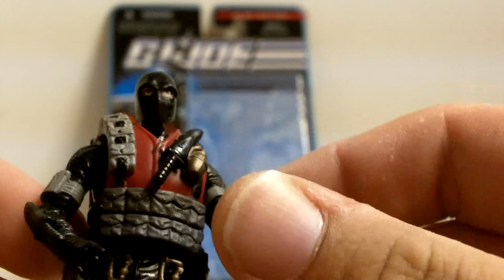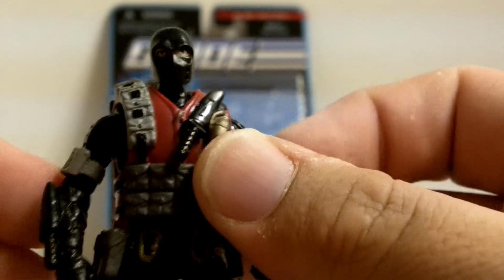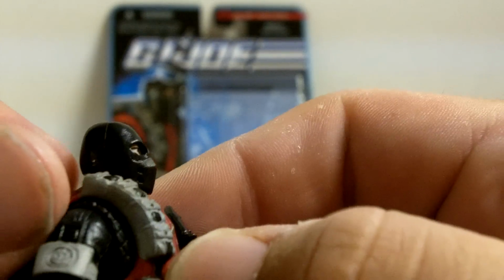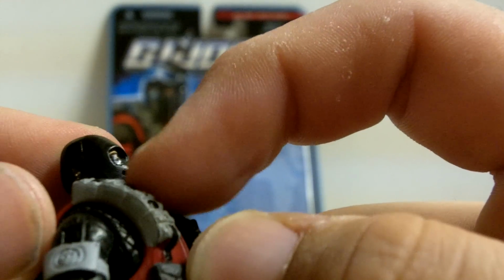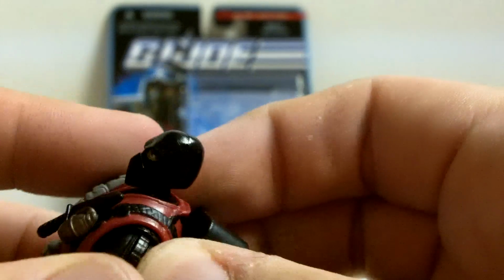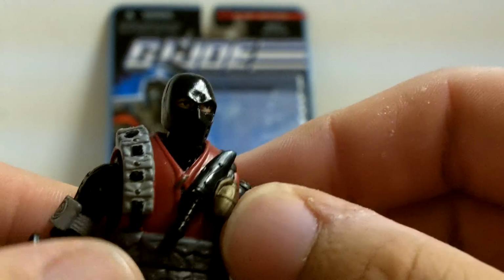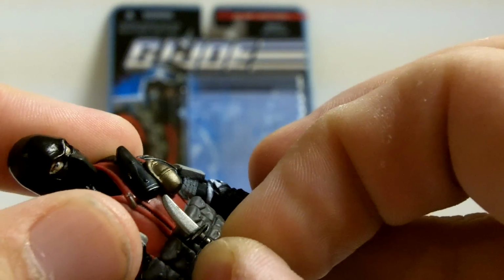Alley Viper. Looks real nice, just like the other figures in the line. Nicely detailed. He's got a head that reminds me of Sub-Zero or Scorpion from Mortal Kombat, because it's got even these little holes right here that make it look even more like a Mortal Kombat character. Take that off, go over that later. On his vest, he has some pouches, a gold-colored grenade, and this knife that does come out. Kind of short, but